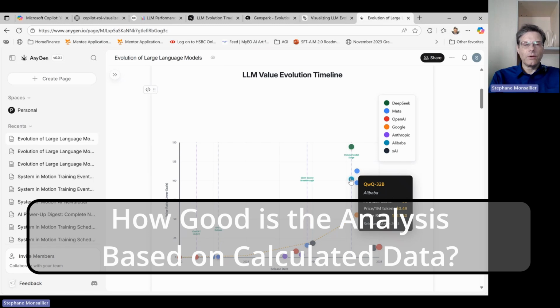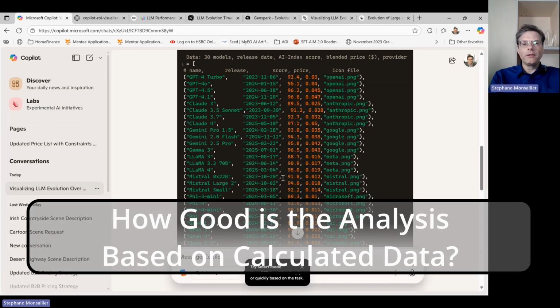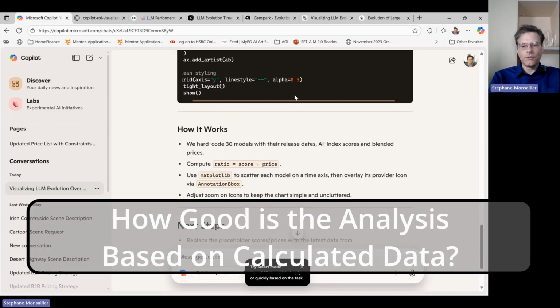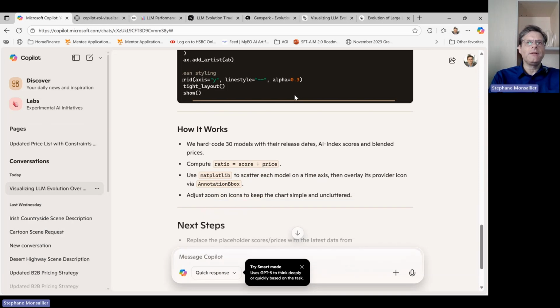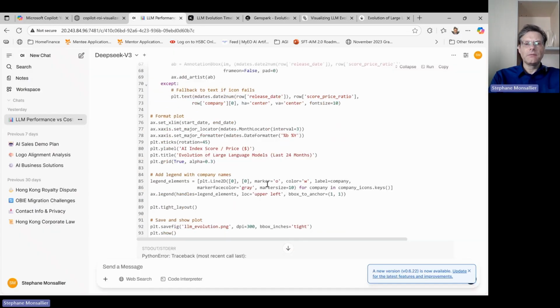It's a bit of analysis. So let's go back from the beginning. Copilot didn't give me any analysis, just instructions on how I can do it by myself. DeepSeek gave me